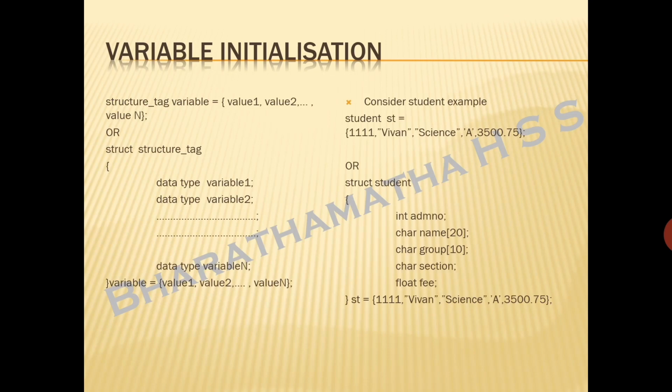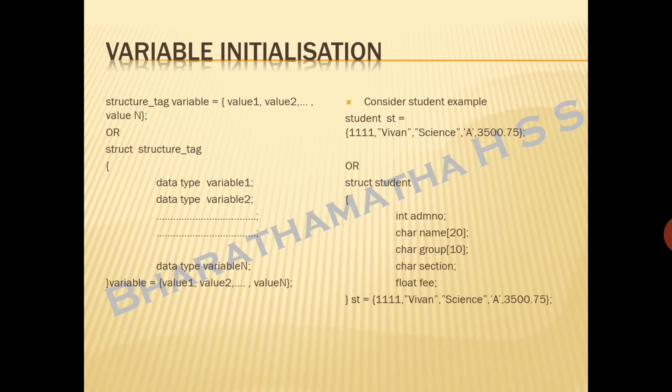One important thing to be noticed over here is, you cannot pass the values inside the block of the structure. You cannot initialize the value for your structure elements inside the block. That is not allowed in C++. You can only initialize in this method. So now look into the example. You have to initialize the values in the same order in which the structure was declared. That is, the order of your data elements, how it is declared, the same way only you have to initialize the values also. So first is admission number.